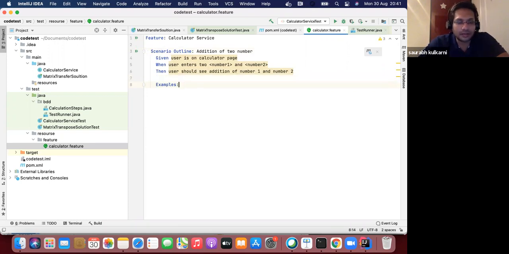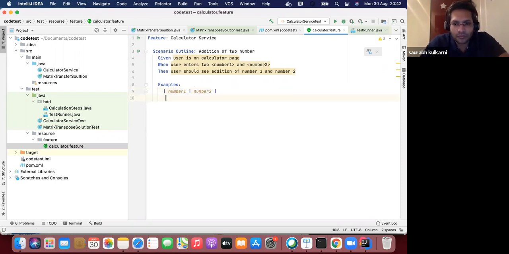So I'm giving an example here so that whoever is reading this feature file should understand. Here the examples are number 1 and number 2, and I give 10 and 10.